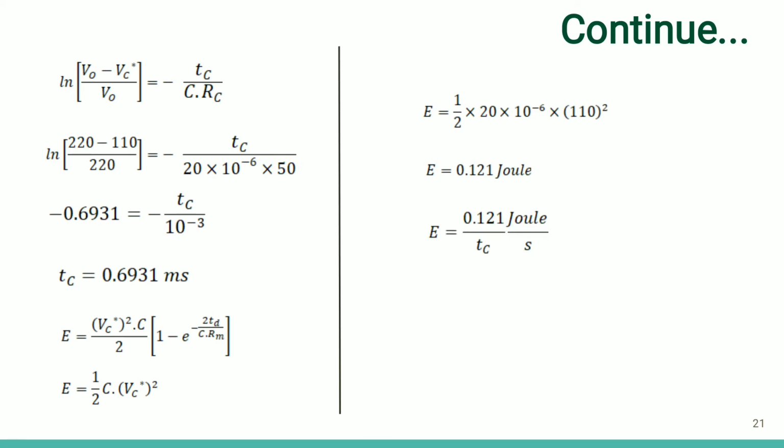But in this problem, the average power output has been asked in kilowatt. So we are using the cycle time, which will be equal to Tc. The Tc that we have found out is 0.6931 millisecond. I'm converting it into second, so 10 raised to power minus 3, because converting into second. From here, when you convert it, you will get 0.174 in kilowatt. So this is the value of average power output.